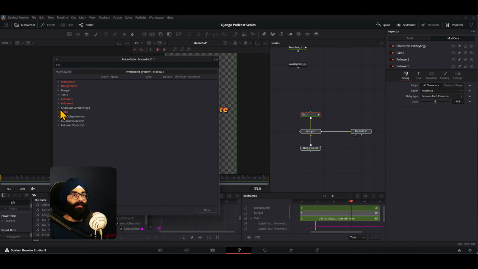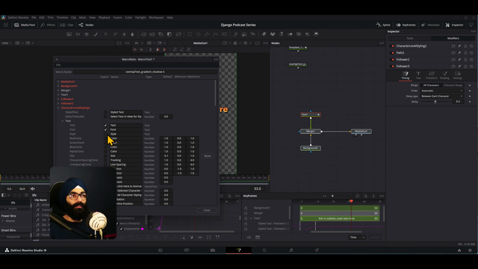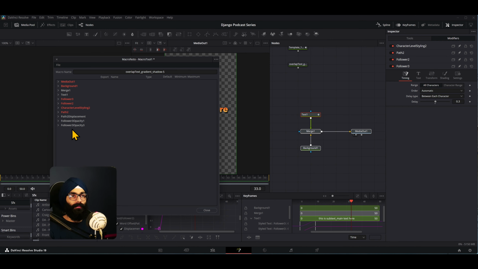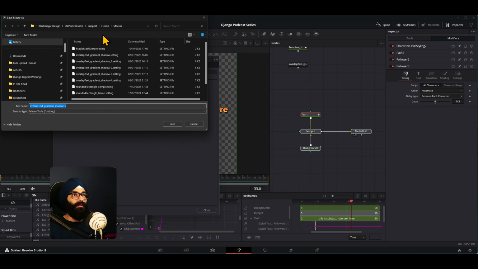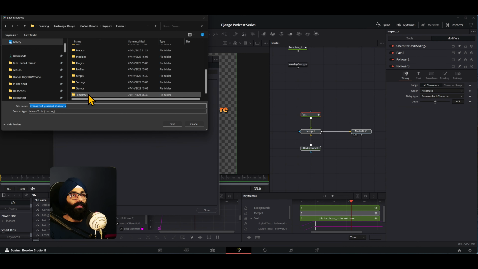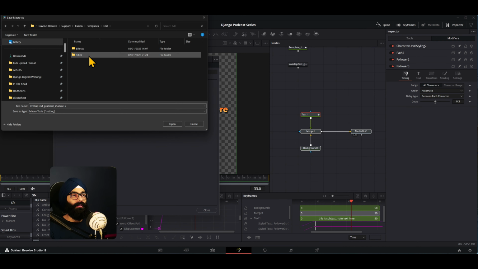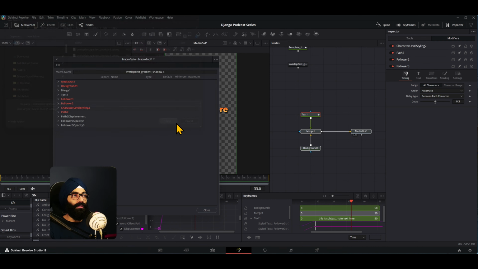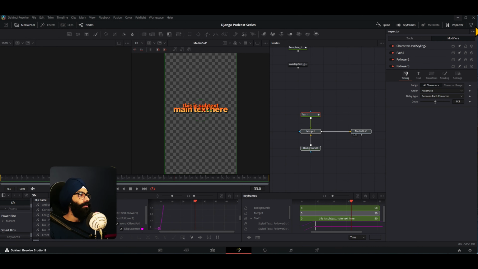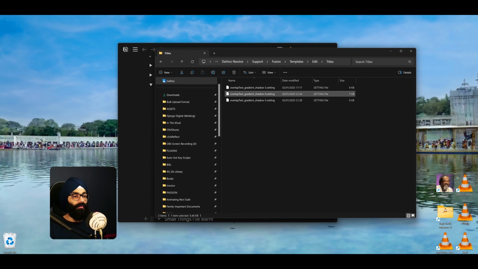Enable these. Character level styling, I need the text, font, style, size, and character level styling. Okay, so I've gotten everything here. We're gonna save this directly to my templates, edit, titles, and shadow file, save it here, close. We'll have to again start Resolve, and now we've added the